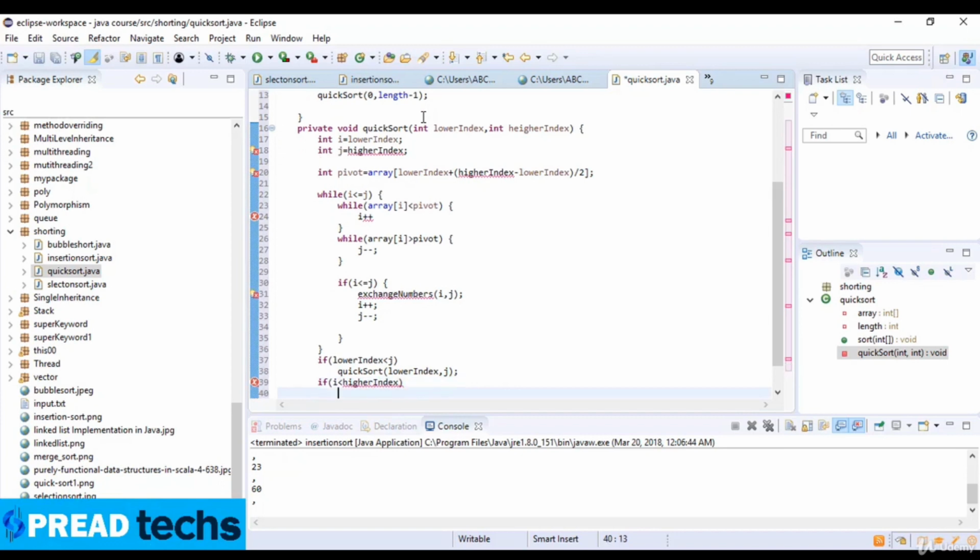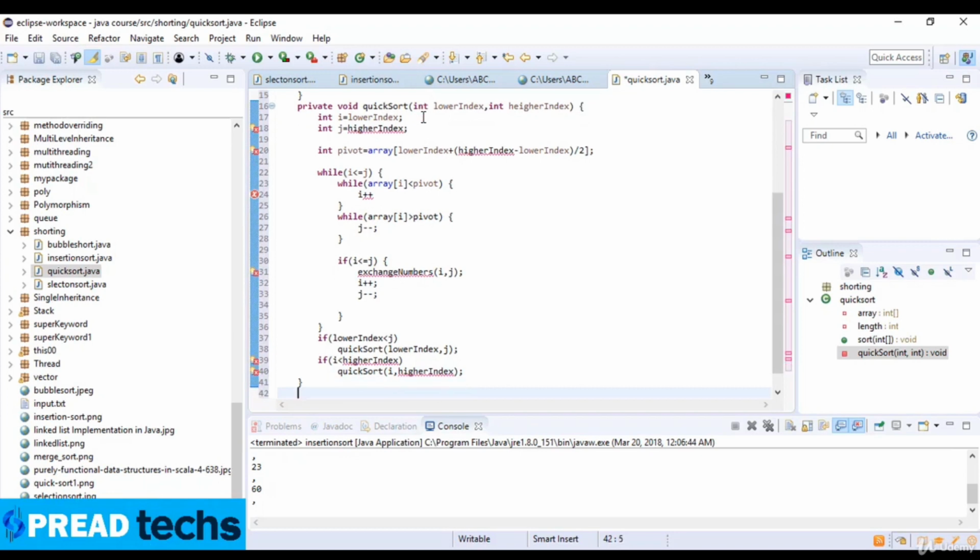Now if i is less than higher index, and the higher index is quicksort, and i and higher index, okay. So I will just call the quicksort method recursively here,